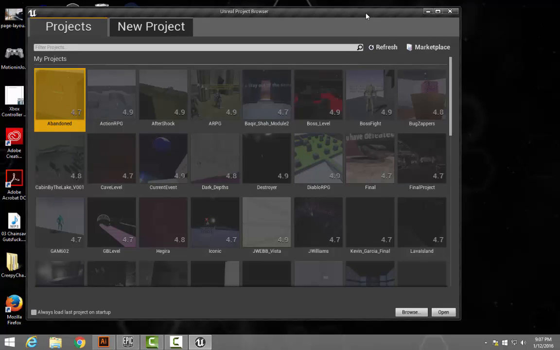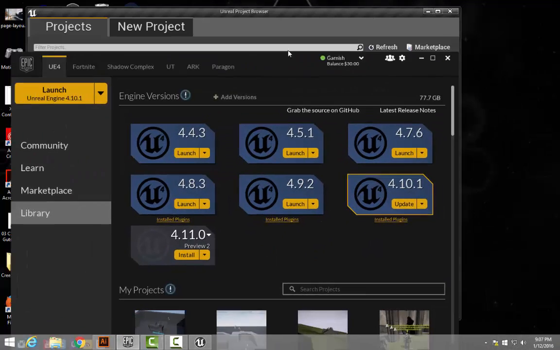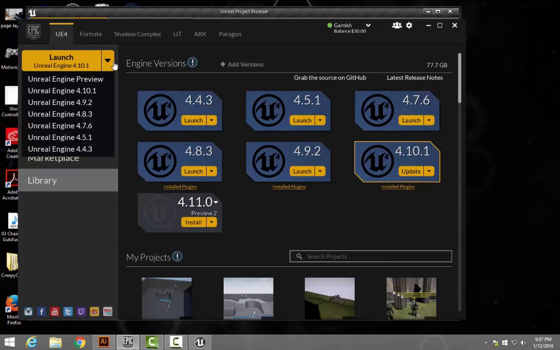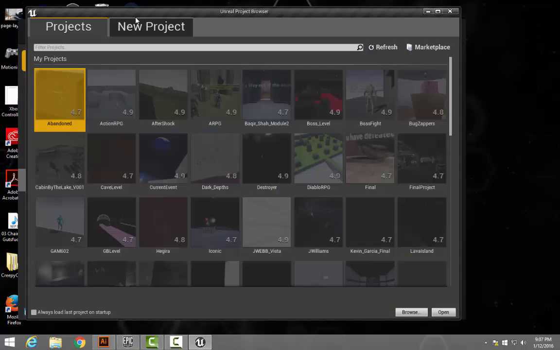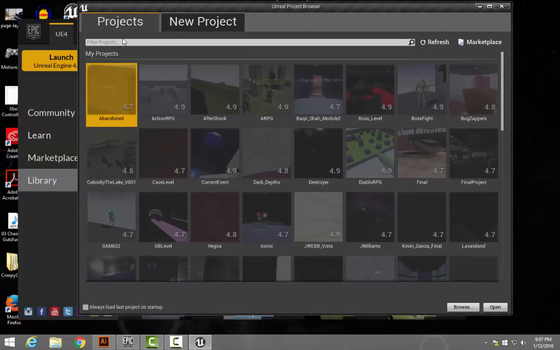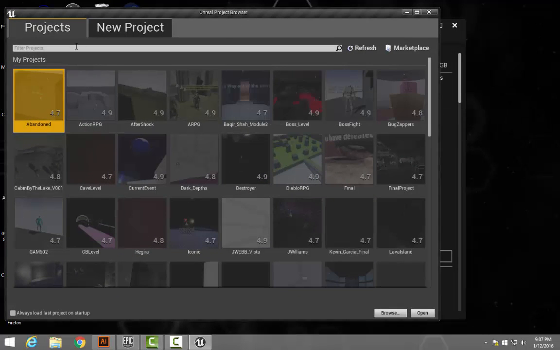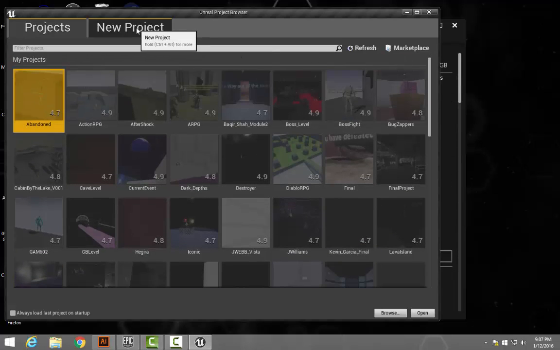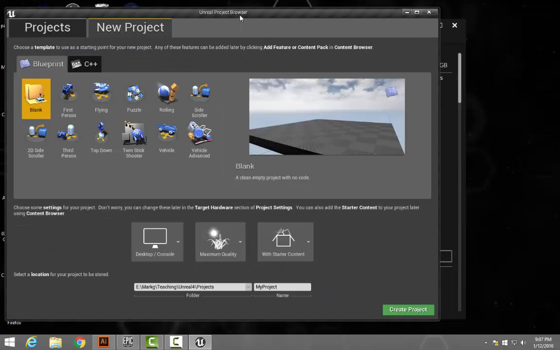So to start, we launch our Unreal, which is here. And you can choose what engine you want to launch. Getting the latest is good. Right now it's 10.1, so I'm going to launch 10.1, which I hit this button and this window pops up. So these are my old projects, which are scattered all about, and I don't want to open one of those. I want to open a new one. Click on the New Project tab,